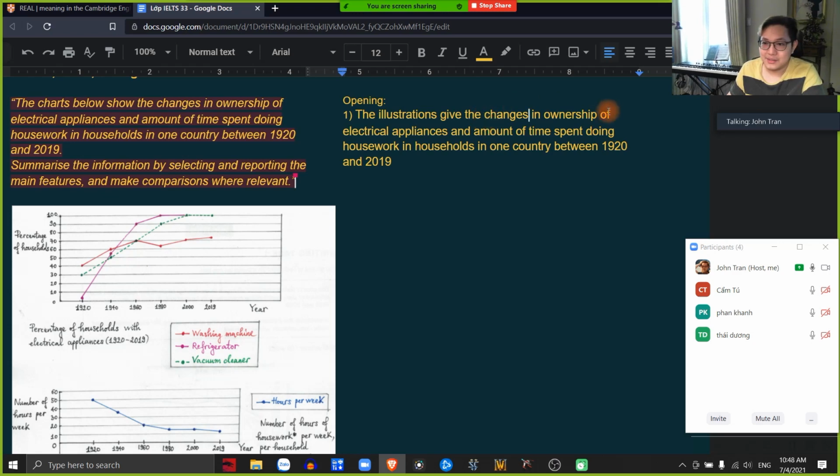Okay, so I can just say the changes in ownership. Okay, electrical appliances, how can we change this one? I can change to electrical gadgets. Amount of time spent doing housework in household. How can we change this one, class? I can change the time expenditure to amount of hours, right? I can use the amount of hours spent doing housework